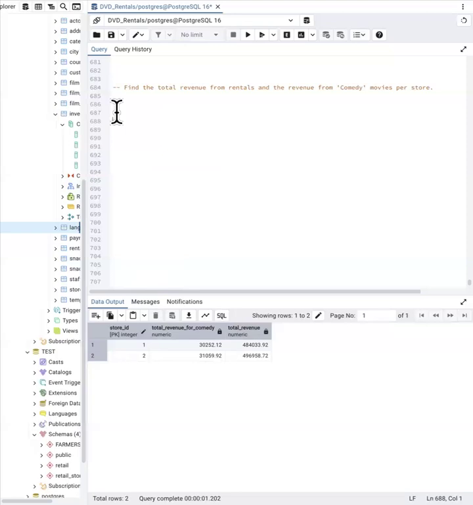So how are we going to approach this? Well, it's much easier to approach it by separating this question into two pieces. Find the total revenue from rentals per store. So let's do total revenue per store first. So we're going to do from,